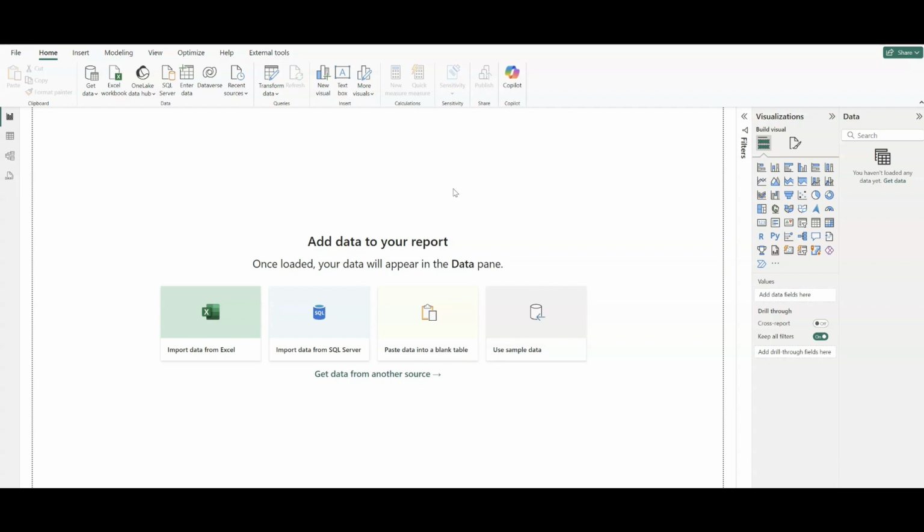So in this video, we'll discuss the query parameters available in Power BI. The query parameters are used to dynamically filter the data at the query level within Power BI Desktop. They are often used to modify or filter the data that is loaded into the model, which means if there is a huge amount of data which is drawn from the server, and only the relevant data is sent to the